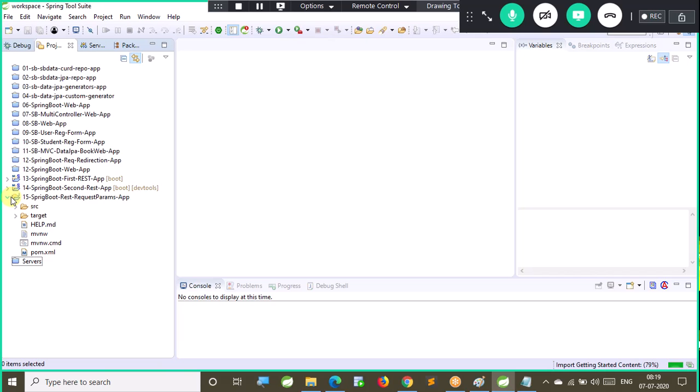When you attend an interview on RESTful services, it is a sure interview question. What is a query parameter? What is a path parameter? When to go for a query parameter? When to go for a path parameter?